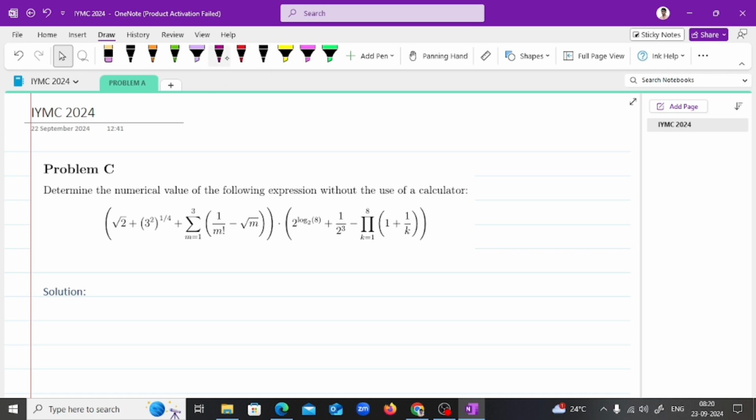This problem is not as difficult as it looks, so we are just going to break down this problem into 4 to 5 steps in which we will simplify the terms from this bracket and then add them together to find the value of the individual bracket, and then at the end multiply them together to find the final value of the problem. Okay, so without wasting more time, we will directly solve our problem. So step 1,